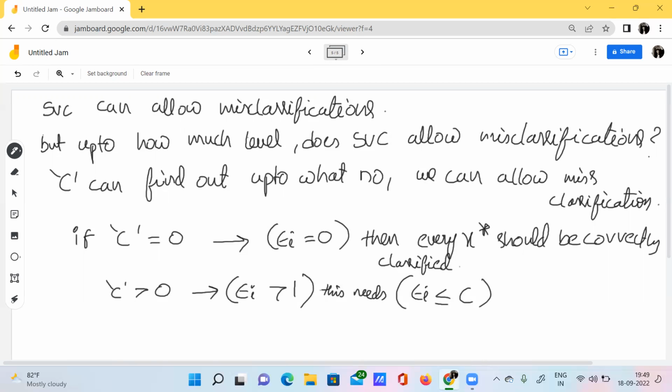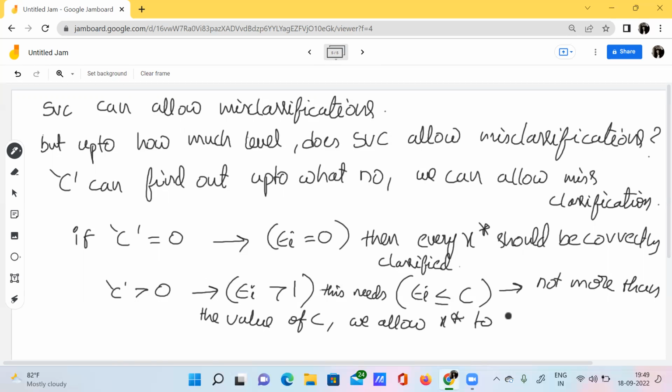Then not more than the value of C, we allow data points to be on the wrong side of the hyperplane.